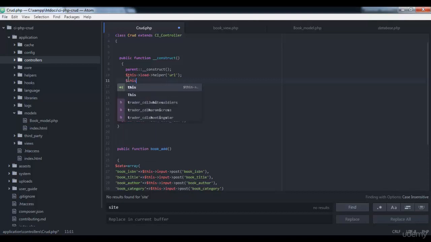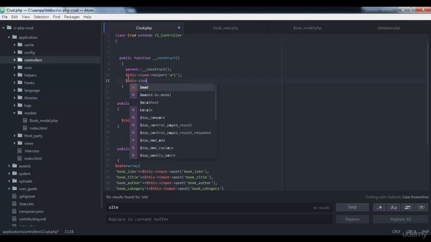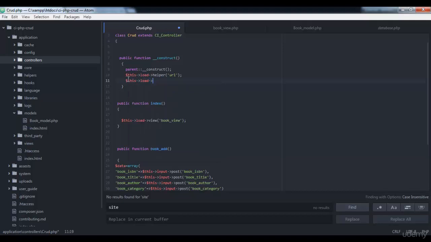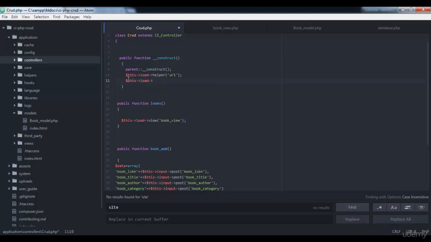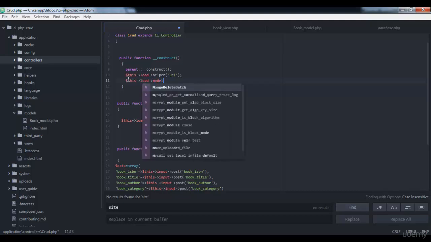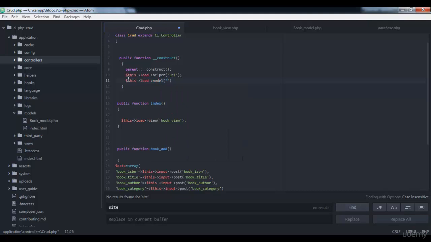So we will load here our model, which is book model. Where is the model? Model. Now